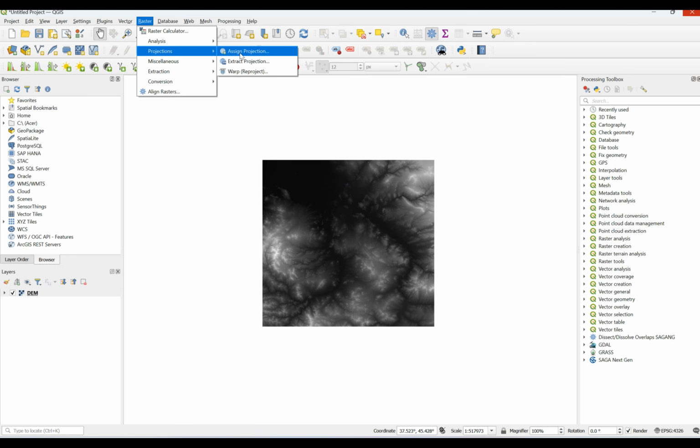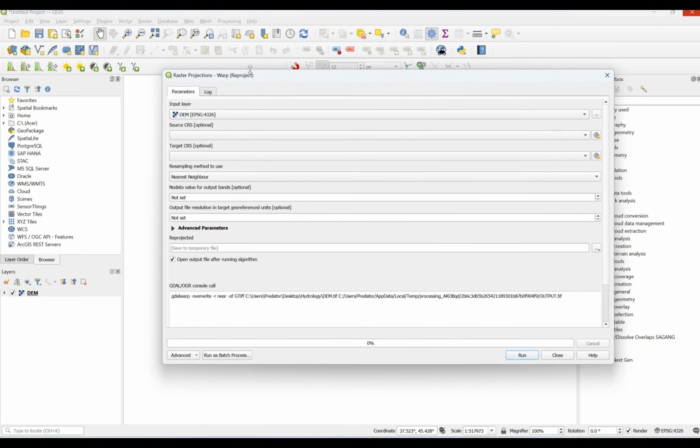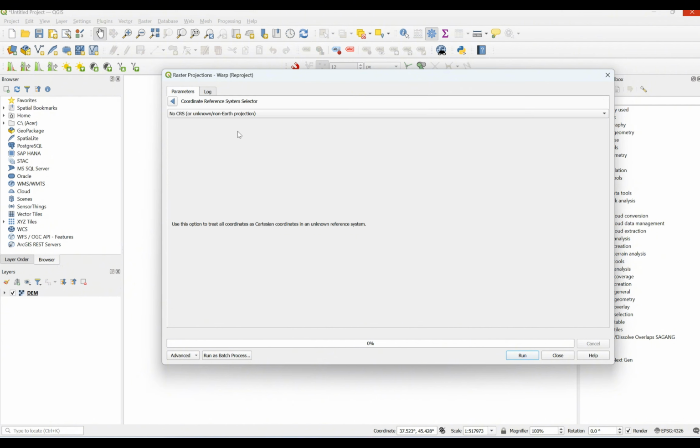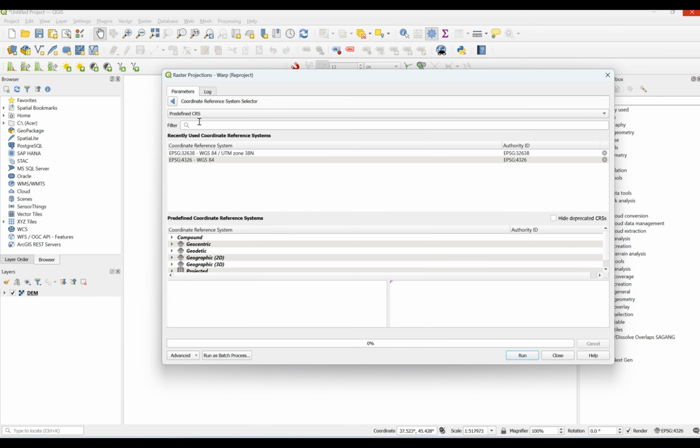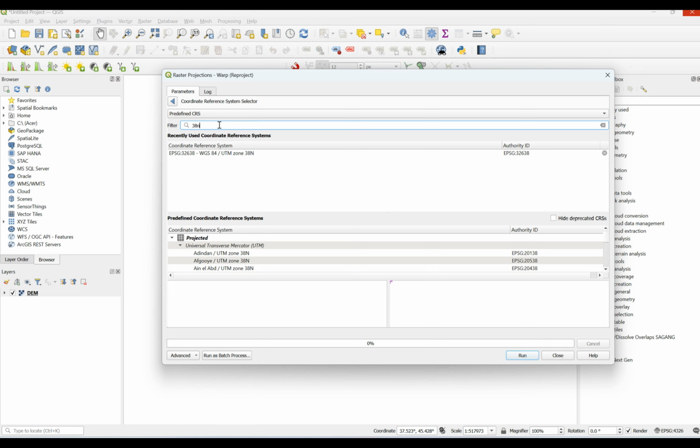from projection, warp, reproject. As input layer, you have to import your digital elevation model. In target CRS, I can select CRS. From here, I can choose predefined CRS, and in the filter, I can search for my zone. For me, it's 38N. As you can see, by searching, we have a list of 38N, and